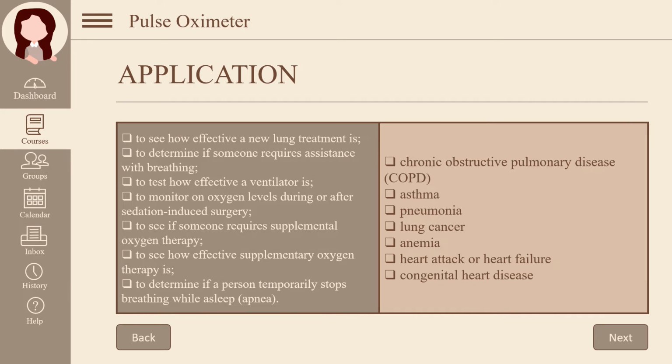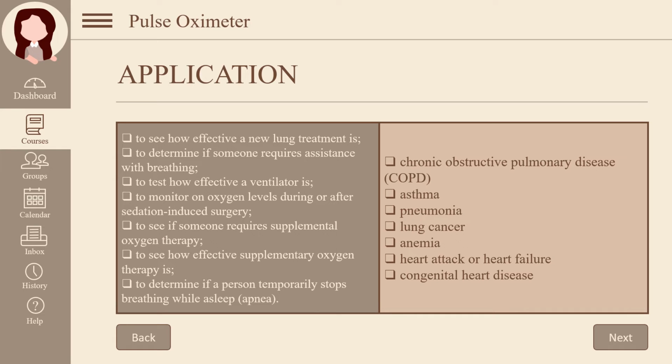The purpose of pulse oximetry is to see if the blood is well oxygenated. Pulse oximetry is used by clinicians for a variety of purposes, including to see how effective a new lung treatment is, to determine if someone requires assistance with breathing, to test how effective a ventilator is, to monitor oxygen levels during or after sedation-induced surgery, to see if someone requires supplemental oxygen therapy, to see how effective supplementary oxygen therapy is, and to determine if a person temporarily stops breathing